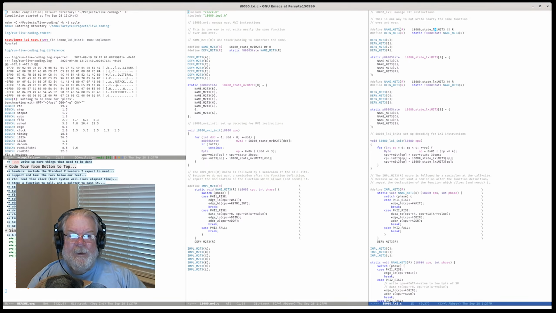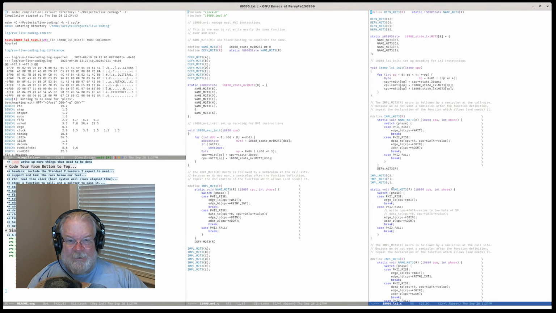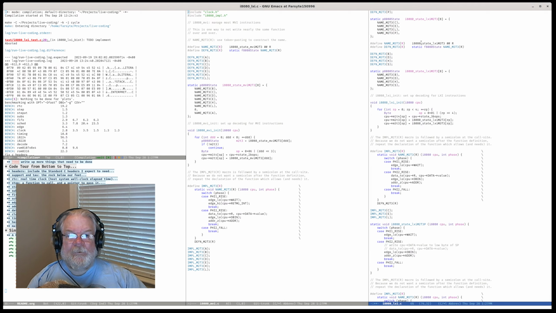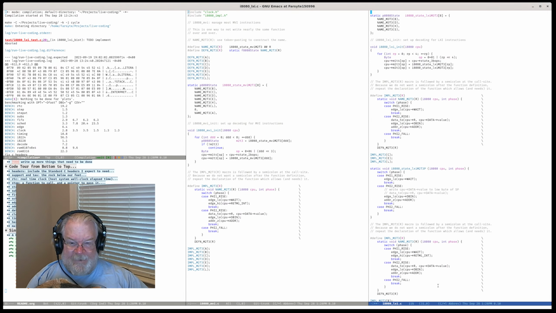So basically I just need to expand these macros. So what I could do with one hand is grab that, come down here and paste it in there. There's that name. I can do some editing one-handed.